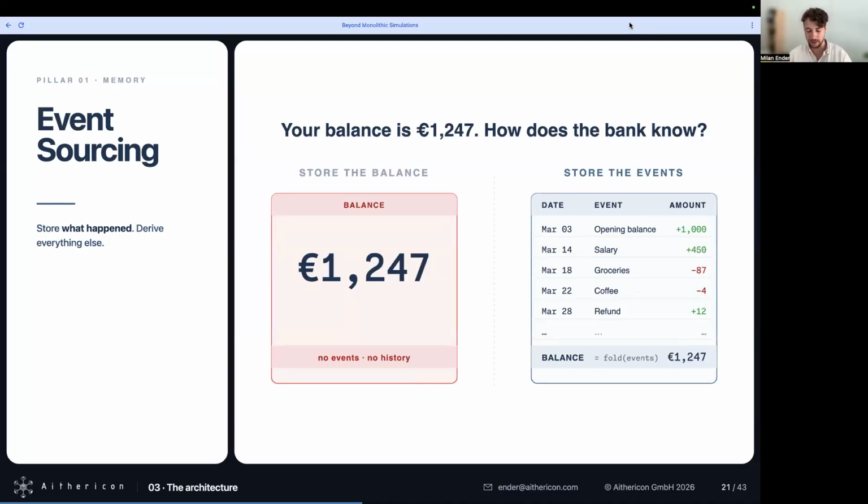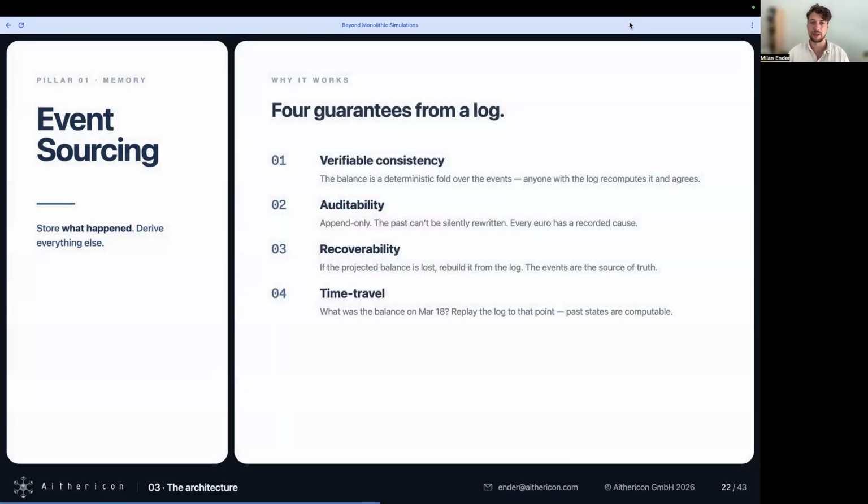Every little cent is accounted for because you can always look in the past, look through the ledger, through the transaction log, and see if it makes sense, or if there was a rounding error because some of the software updated and you didn't know, or something like that.